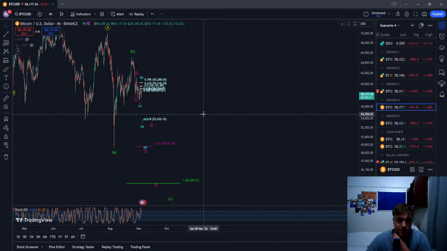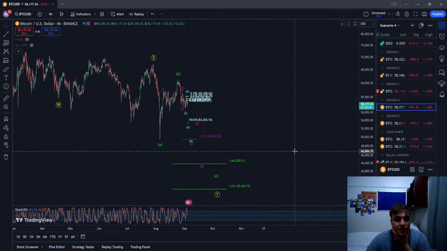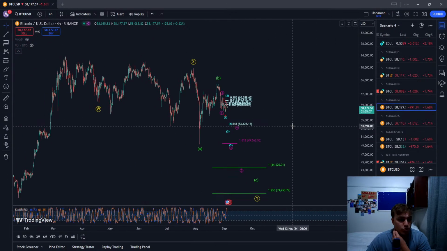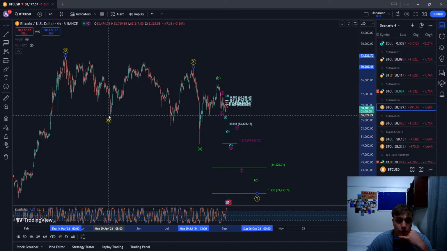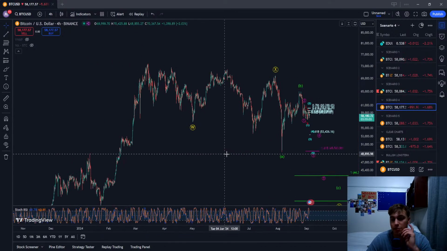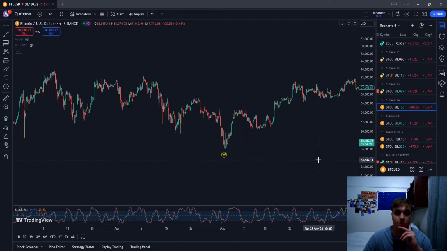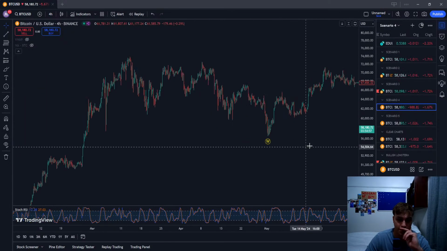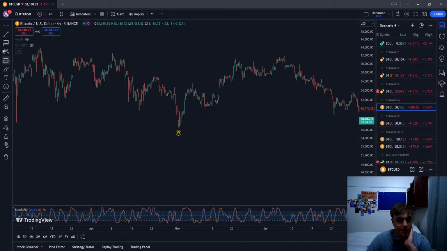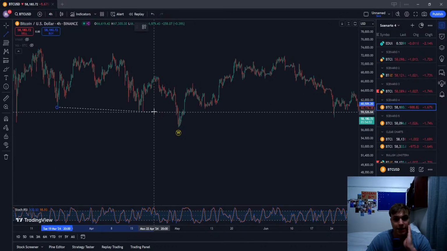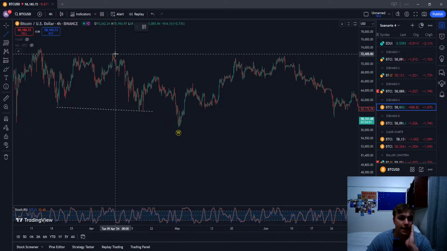So yeah, we're looking at the moment for lower prices, as I said, but now there's one issue that I have here, and it was brought to my attention. For one, my wave W was here last time I made my video. This is wrong. Someone pointed it out to me in the YouTube comments. A wave W cannot be a leading diagonal. So if this is a leading diagonal we have,